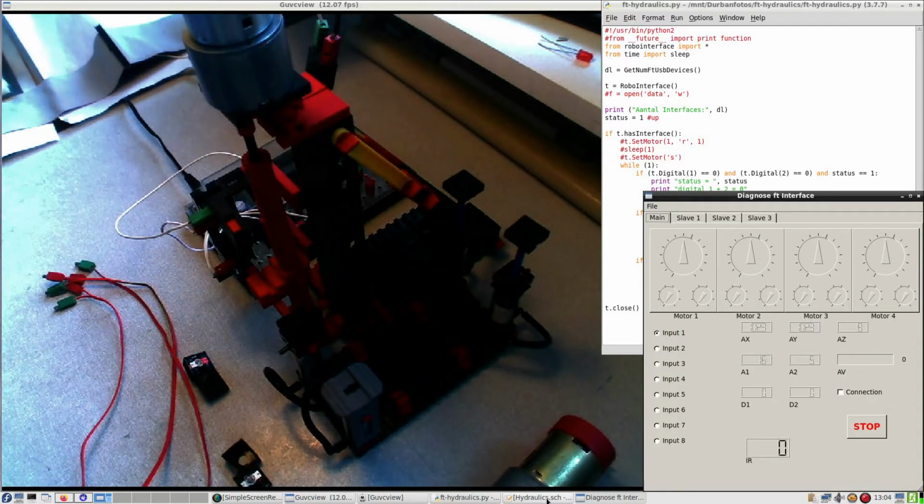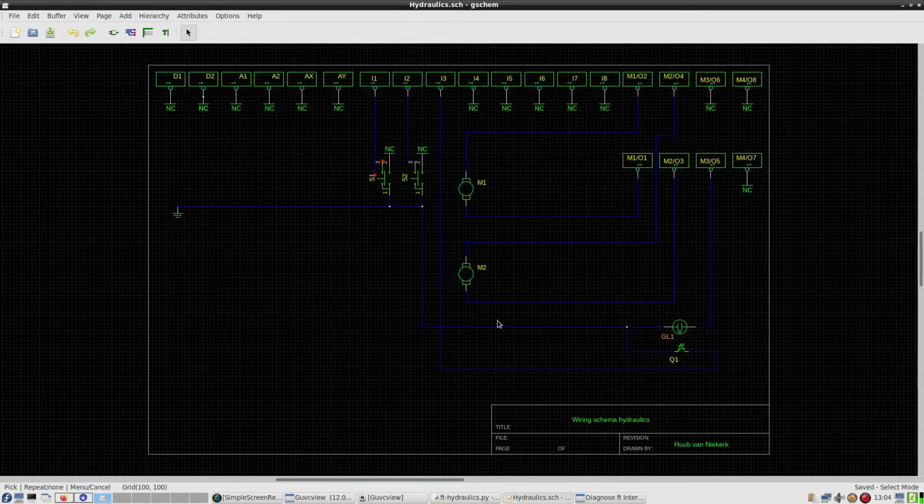Where do they go? Well, apart from being attached to those devices, the phototransistor, named Q in this program, the GNU schematics editor,